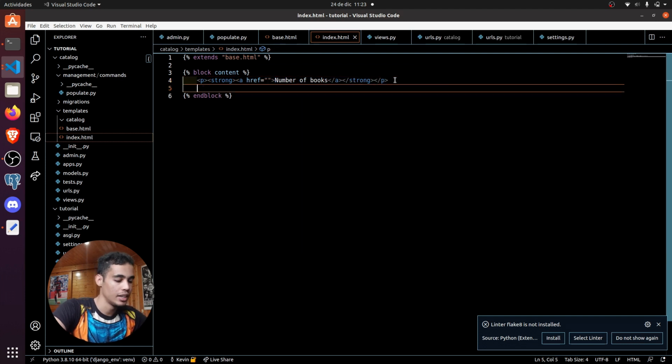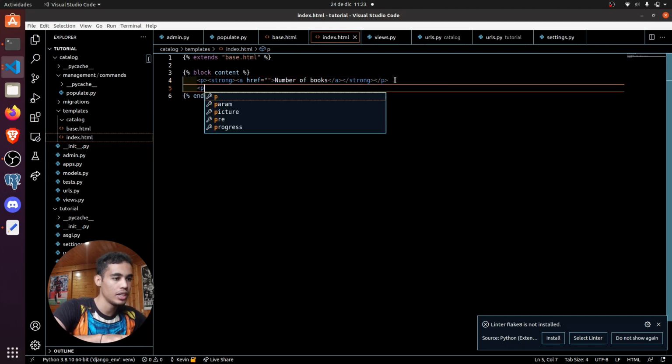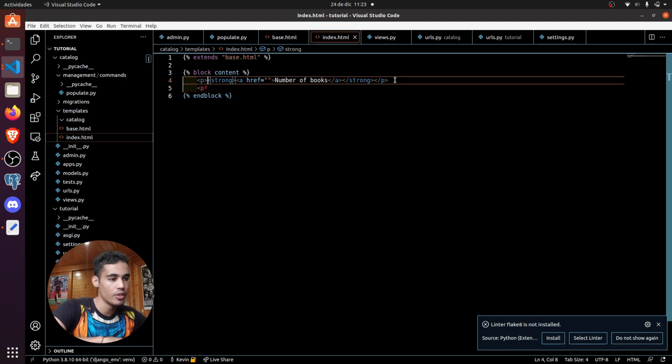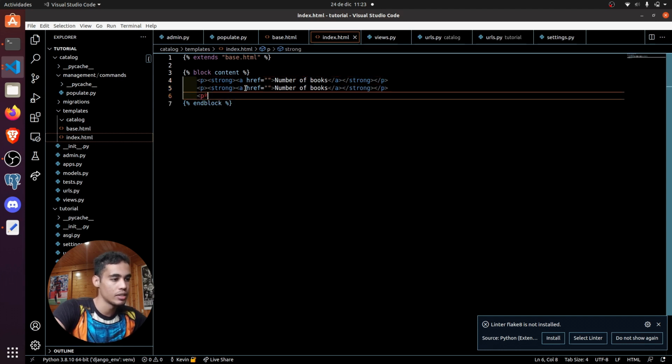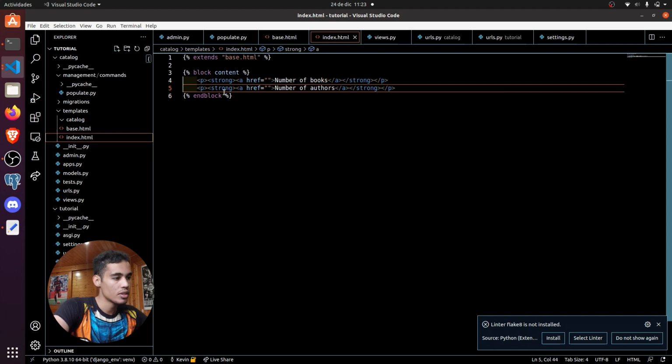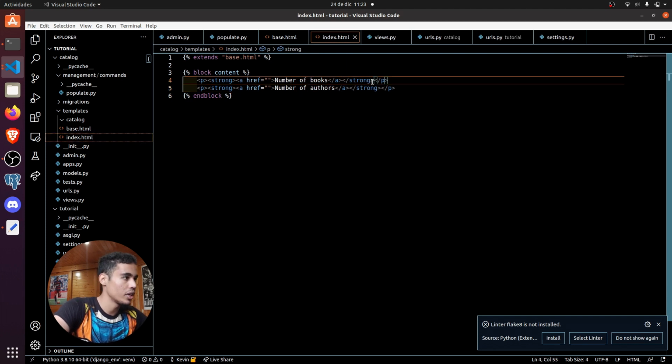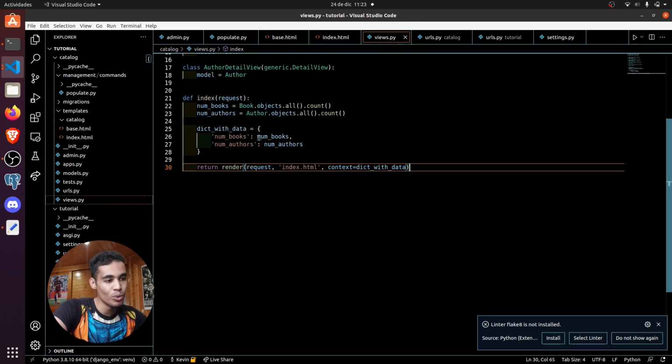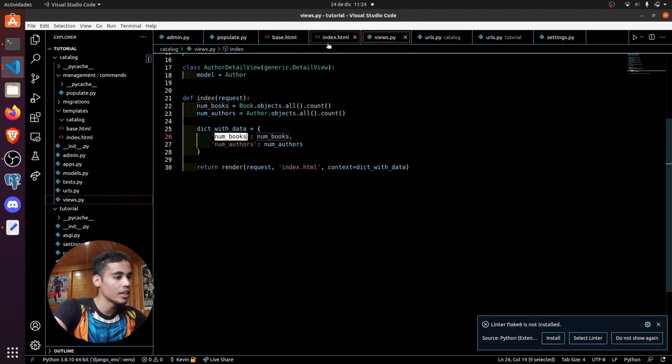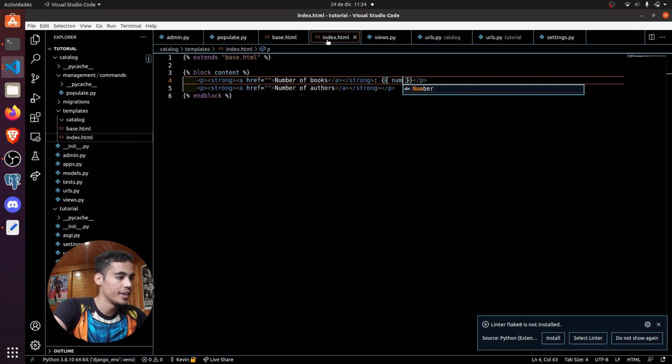So the next thing that we need to put is, well, another of this, but just for authors. So finally, the next thing that we are going to do is to display the number of books. As I said before, you need to access, let me go to the views file, where is it here? In the views file we set number of books as num_books, so here in the index we have to use the num_books,